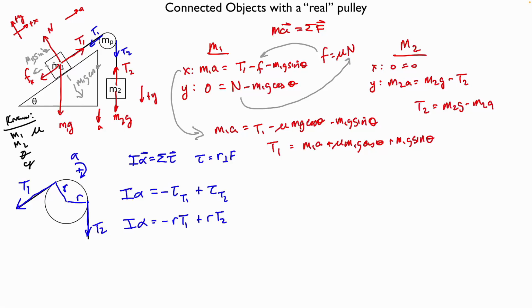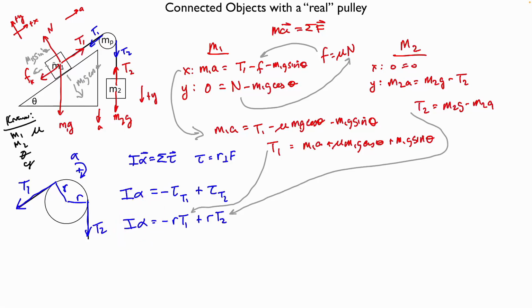I cannot set those equal to each other, right? I can't just solve for acceleration because I still have two equations with two unknowns. Let's drop down and use our blue equation here. Now that I know T1, can I stick it in here? Yeah. And now that I know T2, can I stick it in there? Yeah. But before I do that, before I get that mess on my hands,